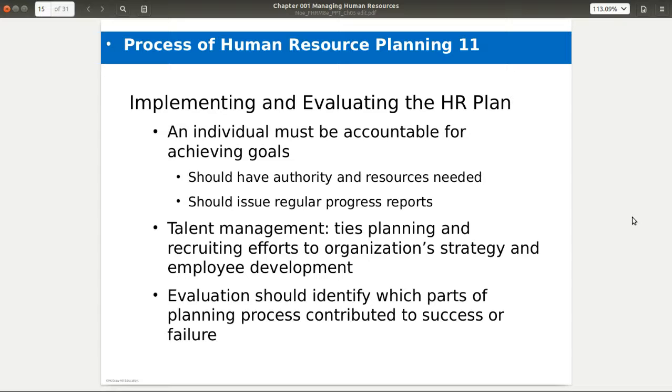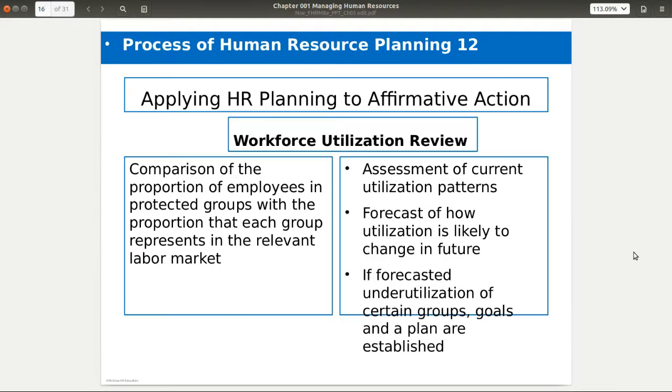One of the things that needs to happen as you're doing the forecasting, you're thinking about the numbers of people that you have, is what's called talent management. What are you doing to really think about who are the people that we have? What are we doing as far as their development for the long term? We have to think about bench strength. In other words, you have a particular position. If that person leaves the organization for some reason, who is it that we have that can come in behind them and be able to take over that job? So talent management is going to be really important.